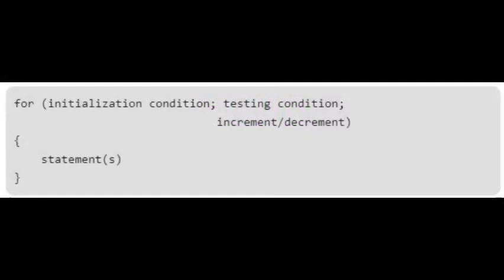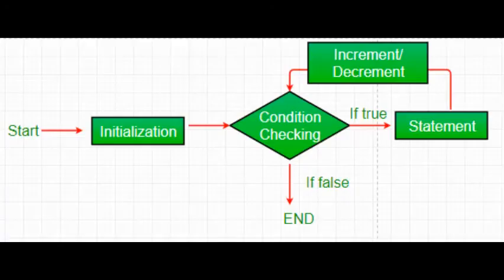Now we look at the for loop. The for loop provides a concise way of writing the loop structure. When you look at a for loop, you need three things: the initialization condition, the testing condition, and the increment or the decrement. And once the testing condition is satisfied, it will go on to execute the statements inside the for loop. If you look at the flow chart here, it starts, it initializes, that's the initialization,